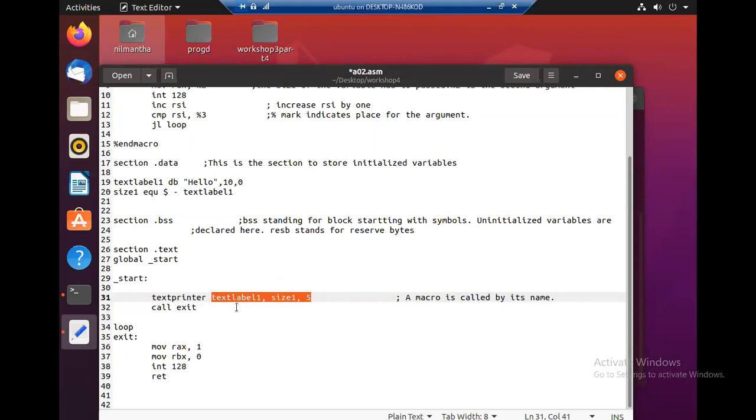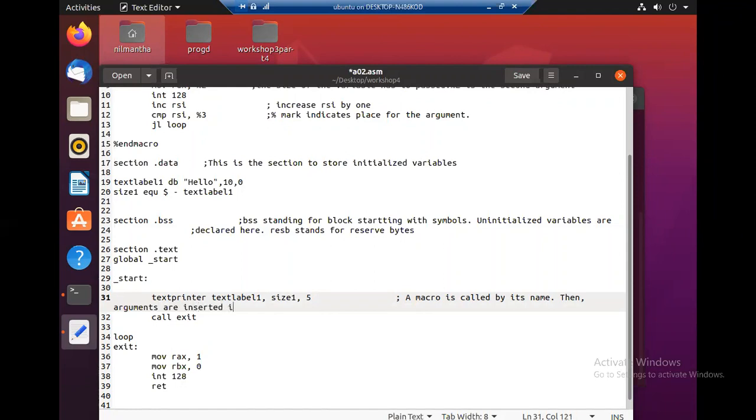Each and every time this macro is called, you can pass different arguments, just like a function in a high-level programming language: its name, and then arguments are inserted in order.